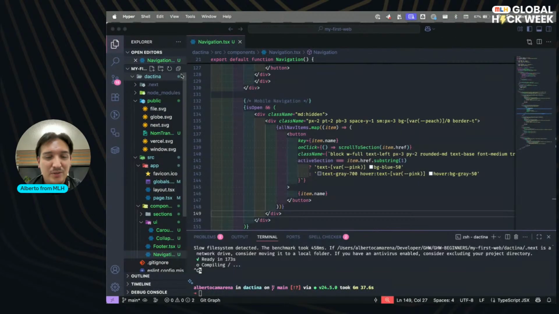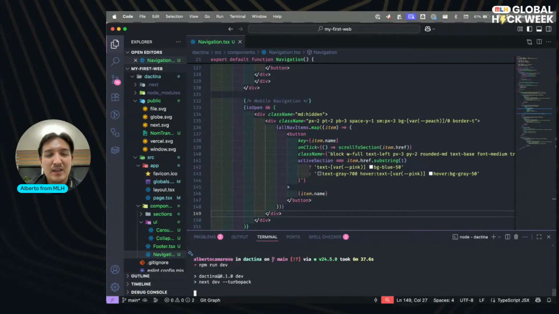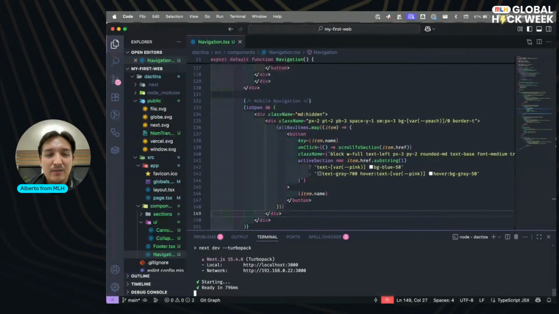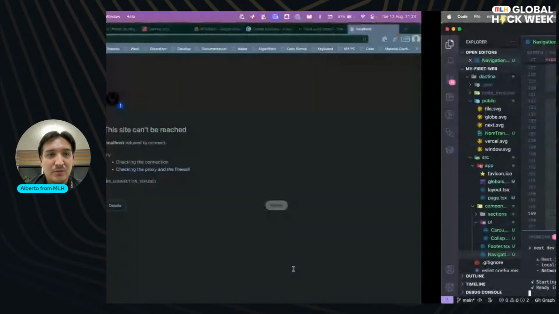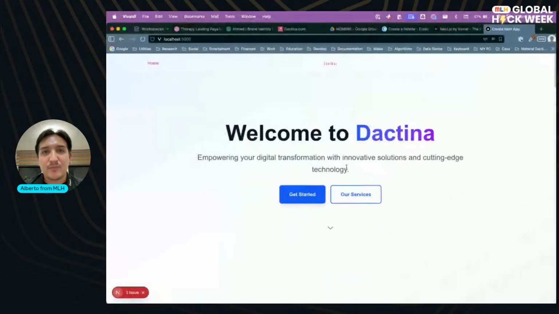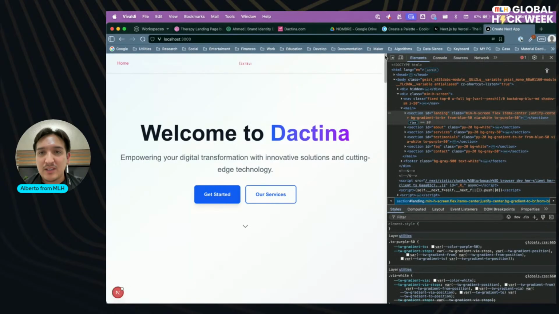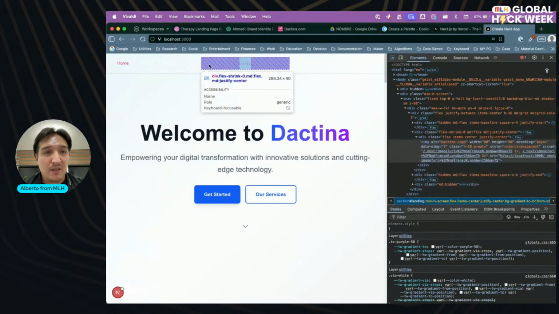So I'm going to close the hyper one. I'm going to run npm run dev again. Hope Webpack performs better now. Okay, let's try to reach the site again. It's compiling. It compiled. Okay, yeah. I don't know, a lot of things were happening there. I think it was related to the sidecar playing. So let's keep inspecting and see what's happening.